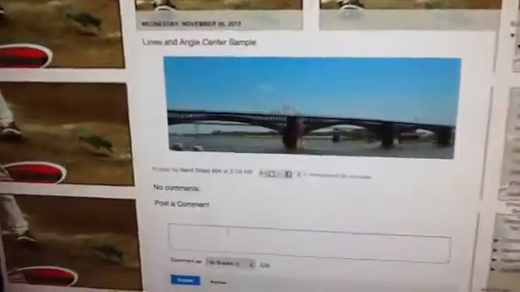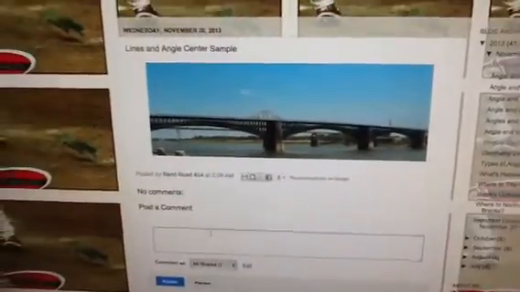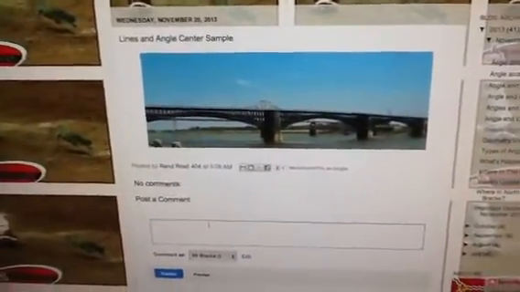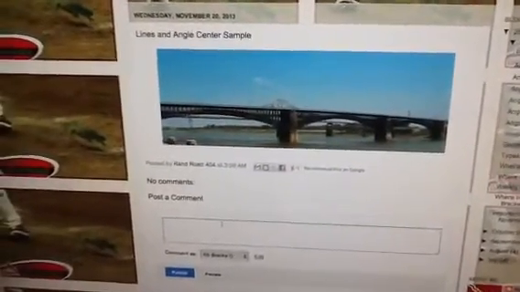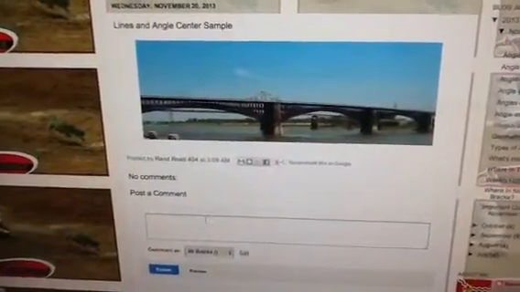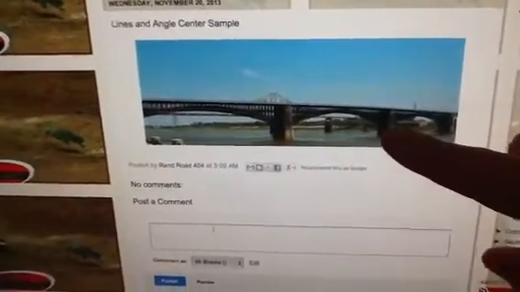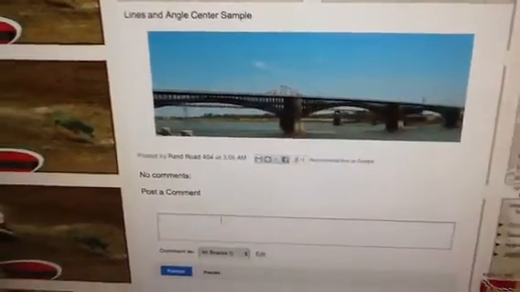Remember, today you're looking for lines and angles. You want to look at the picture, and remember, with lines we've studied parallel and perpendicular. So as you're looking at your picture, think about where you see parallel and perpendicular lines. I can see in this picture, which was from our math warm-up yesterday, that the beams in